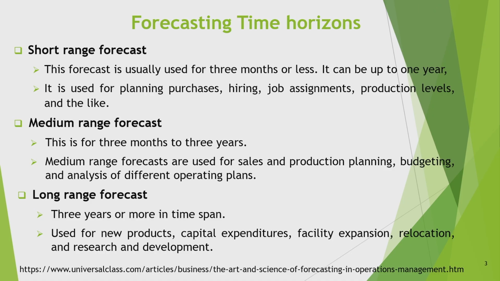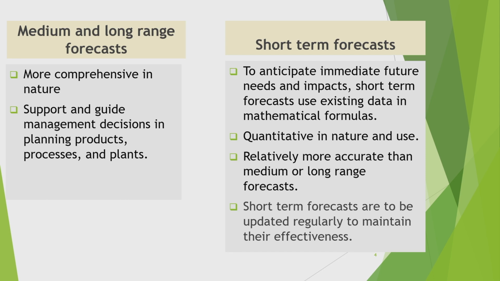Like I may decide that I have to open a factory for totally electric vehicles and I have to phase out conventional IC engine operated vehicles. This type of decision we generally take at the top level and these are long term planning. These numbers like 3 years or more in time span are not very rigid. That means sometimes more than 2.5 years also can be called a long range forecast. So this is just a distinction: one is short range forecast, other is medium range forecast and third is long range forecast.